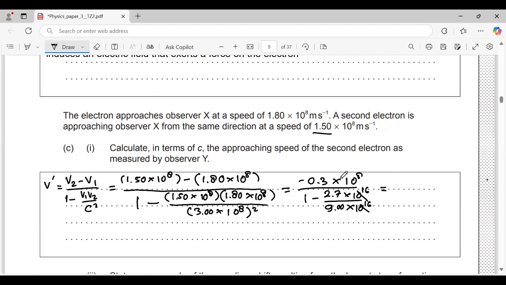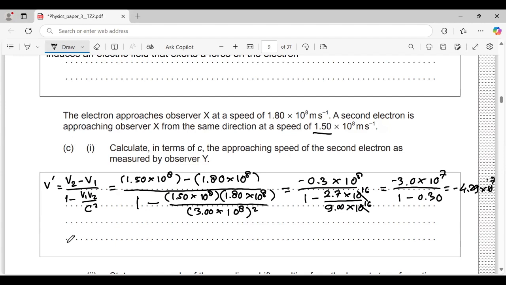According to significant figures, it becomes minus 3.0 times 10 power 7 over 1 minus 0.3, right? And the result is minus 4.29 times 10 power 7